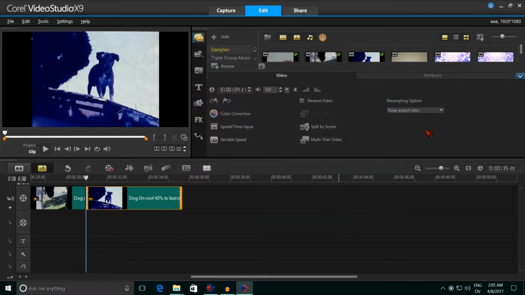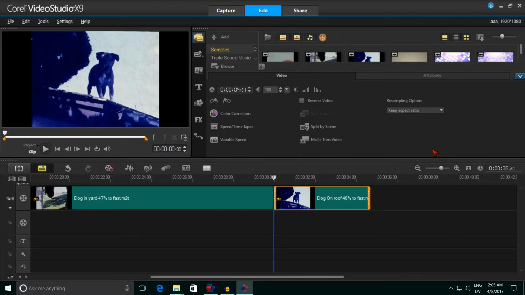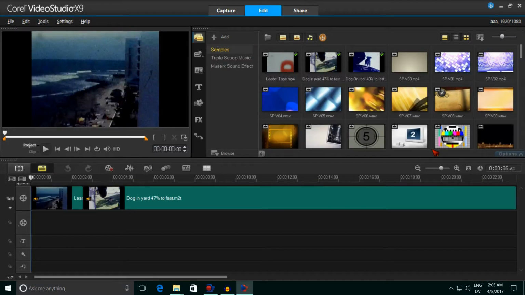I'm minimizing this window by left-clicking this line. And here's the project right here. I'll drag the project over here so you can see it separately. Keep in mind, if I were to close and then open this project, it would look just like it does now with all the changes. Notice the leader is missing from the very first film. This is because I saved all the changes to the clips.